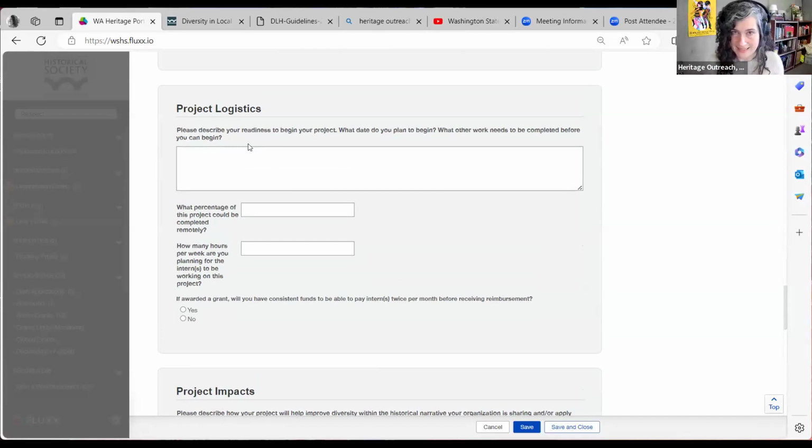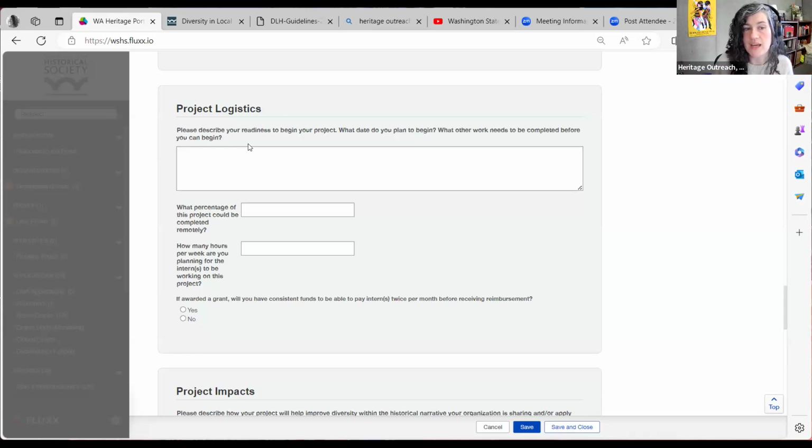This lets us in on your process and your thinking and the preparation work that you've already done, because that helps us understand that the opportunity is now. It fits with your organizational timeline, and you can help bring us up to speed about what that looks like.